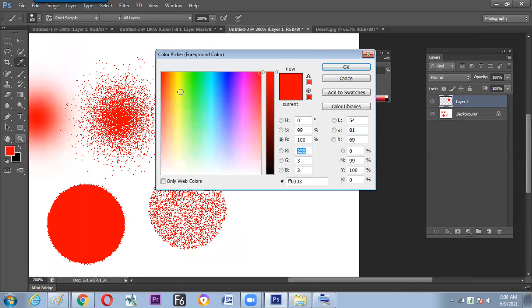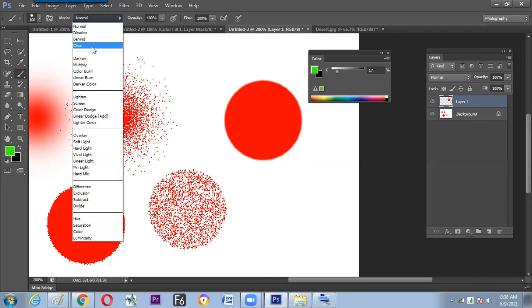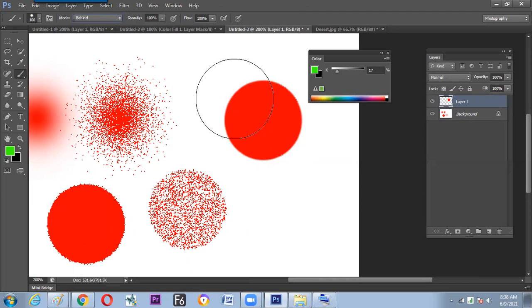Now let us take the green color. Generally in Normal mode, it applies the color above. But the same color, if we apply it in Behind, it applies the color behind the screen.